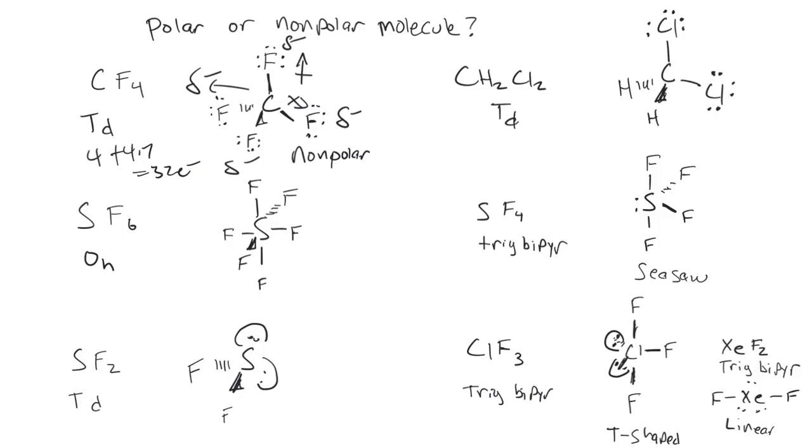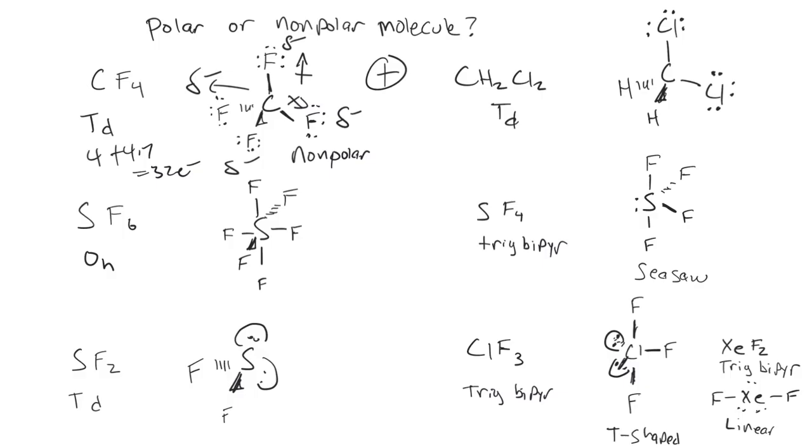Now, how can you picture the difference between polar or nonpolar? Well, 2 key differences could be, would the molecule be attracted towards a charge, or would it just fight over the charge? If we put a positive charge over here, all those fluorines are just going to fight over it. Either one's not going to be able to win and pull the molecule towards the charge. Another thought could be, if you had 2 adjacent molecules of CF4, would they experience some kind of attraction or repulsion? They'd actually experience probably more repulsion than attraction, because you have all the negative charges repelling each other on adjacent molecules. So we need somehow one side of the molecule to adopt a different charge than the other side,